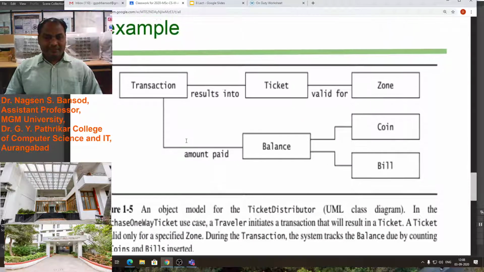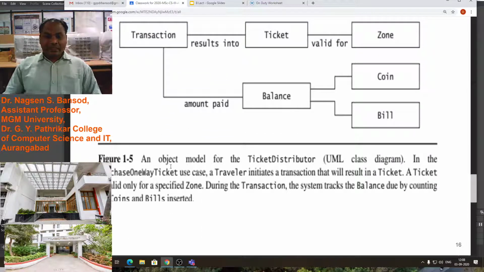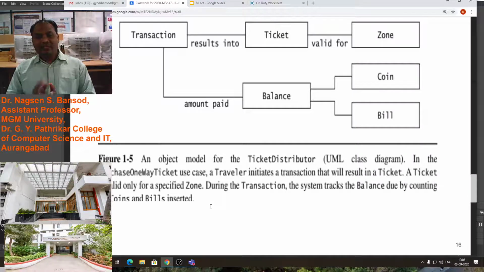We have already discussed this example. An example transaction: you see an object model for the ticket distributor. We can say this is the class diagram. In the purchase one-way ticket use case, a traveler purchases a one-way ticket. This was the use case. In this, a traveler initiates the transaction that will result in the ticket.